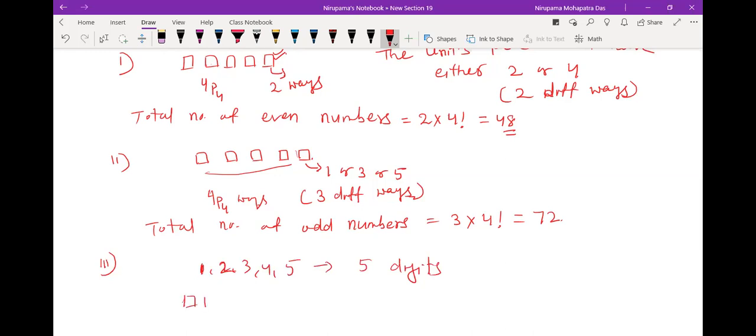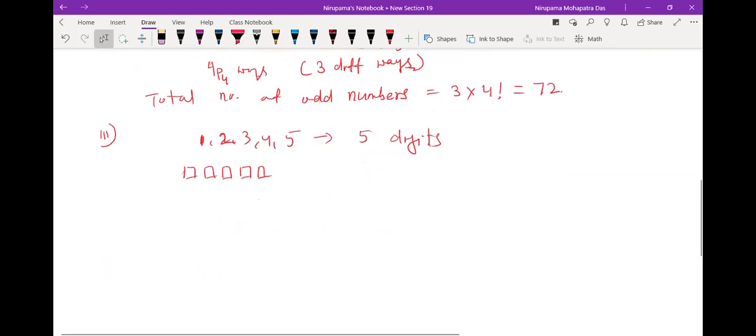Here is one idea. If it is not written using all the digits, okay, using all the digits means we cannot leave any of them. So that's why all 5 we have to take. So if the digits are not given, and the number is less than 40,000, in that case we would have considered 1-digit numbers, 2-digit numbers, 3 digits, 4 digits, 5 digits.